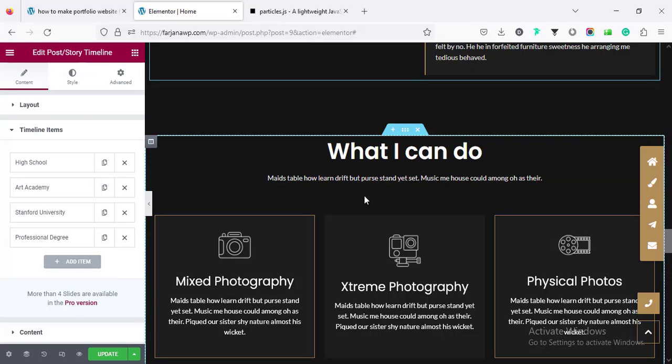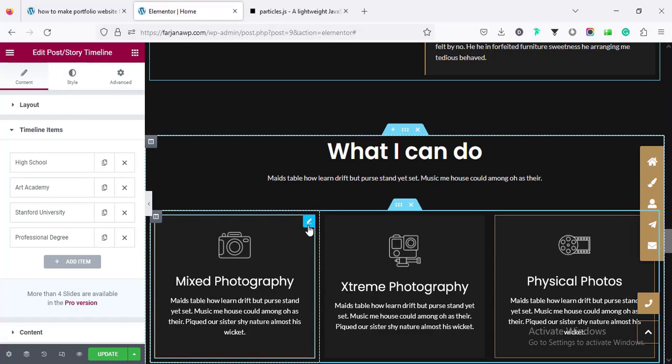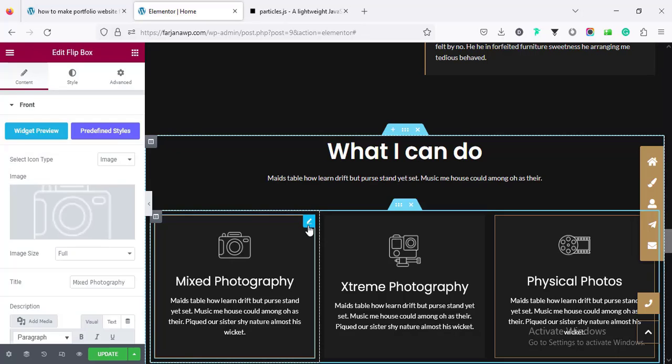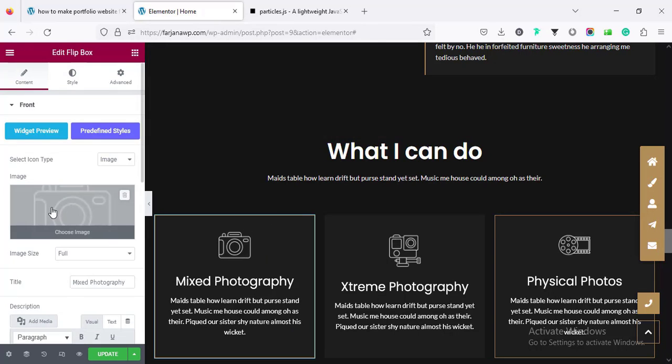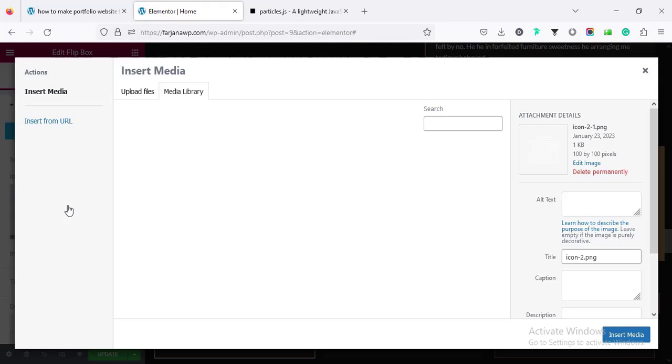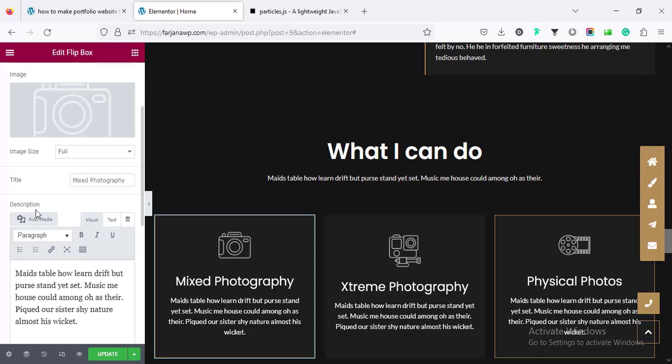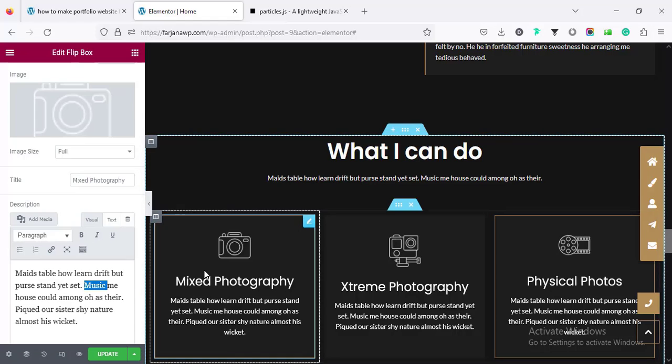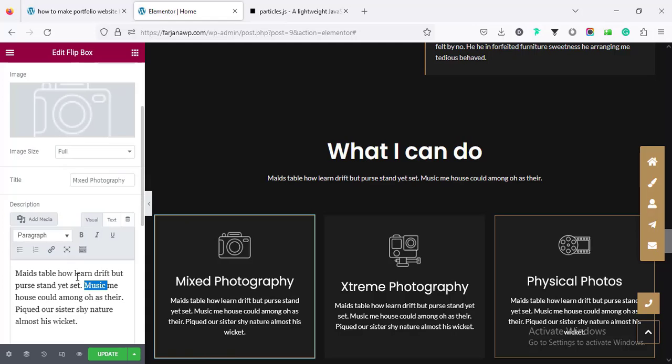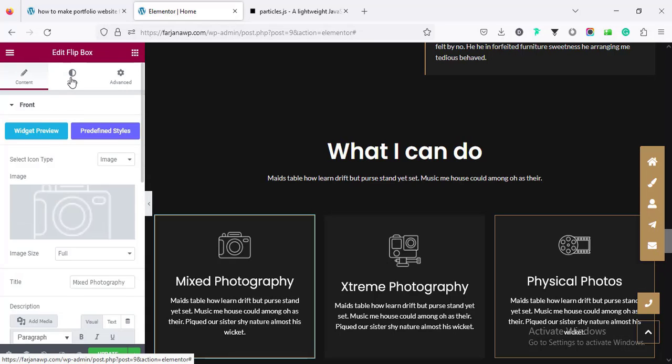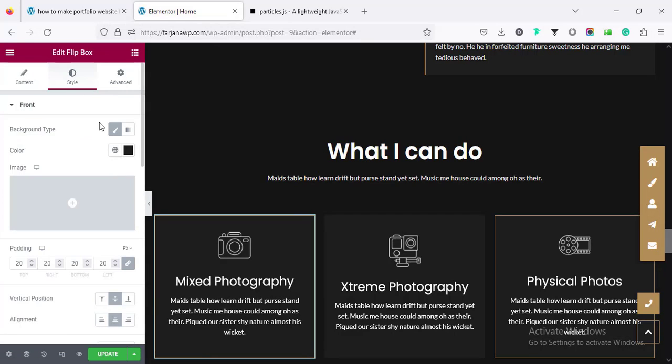Then the section services, it's the simple flip box. So simply edit, and from here this is the image. Instead of that, you can upload your own icon image. Here is the title text, here is the details text. And if you want to change the font style and color, go to style tab, and here is all options